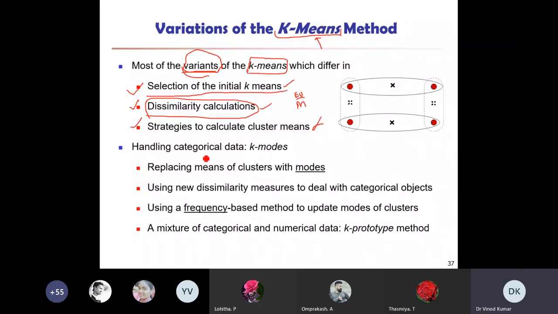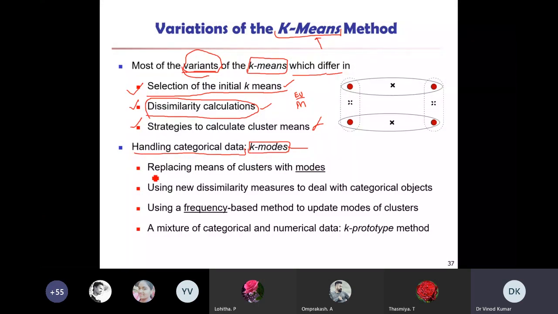Now, handling categorical data. If I have categorical data, then k-means is not efficient for that. So for handling categorical data, we can take k-modes. Mode is a statistical term; we calculate modes. Based on that calculation, we group the data into different clusters.